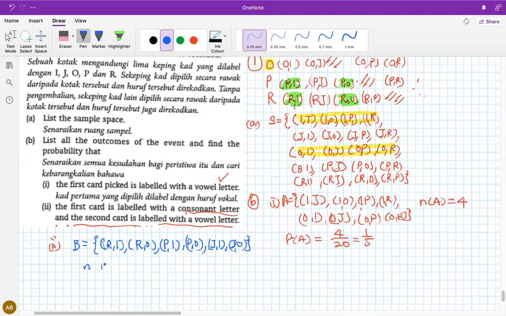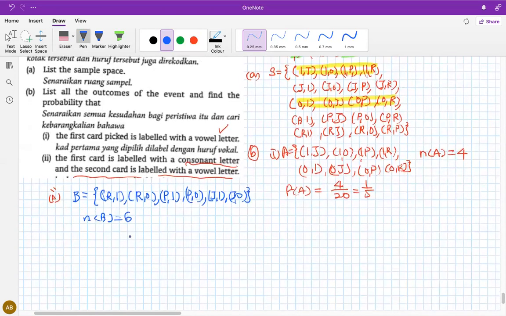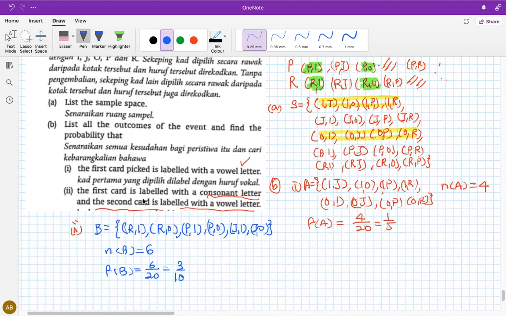So the number of event B is 6. Okay, therefore the probability is 6 over 20. So it's 3 over 10. Okay, so this type of question can also be, let's say question number 1,